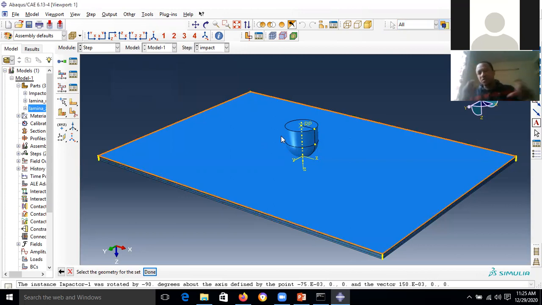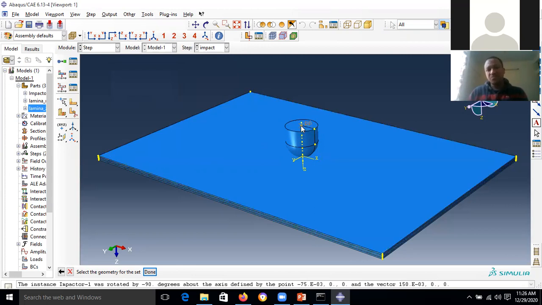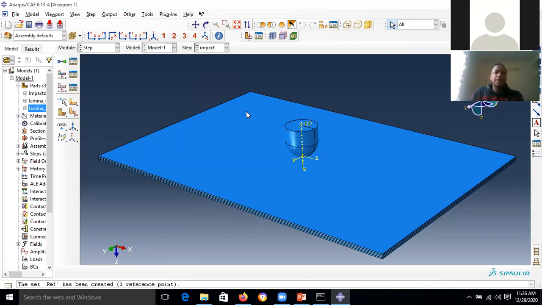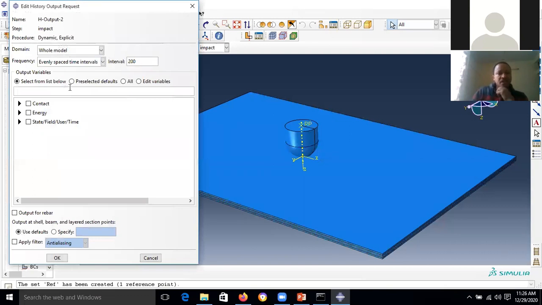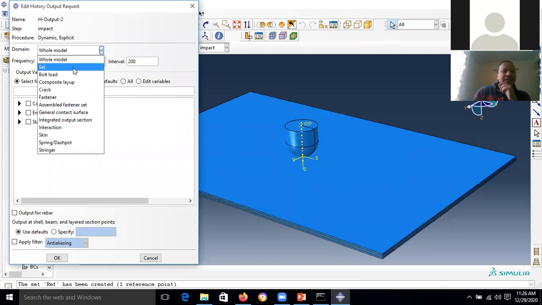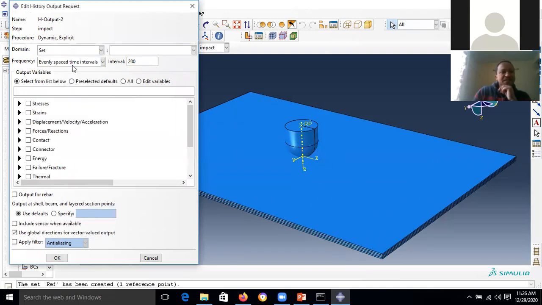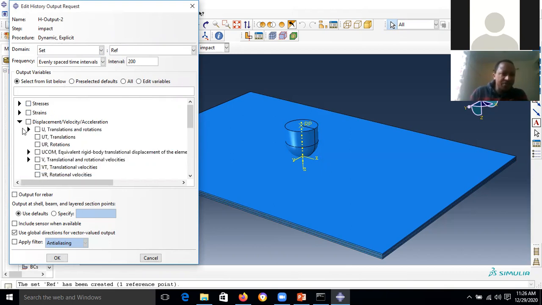So that output reference, I'm going to extract some output through the reference. So let me use the ref point. Done. So let me create the output. Okay, create, continue. Let me select set from here, domain, set domain. The set is ref, that reference set. Okay, so through this reference set, I need to have